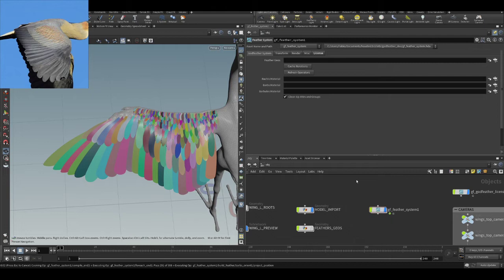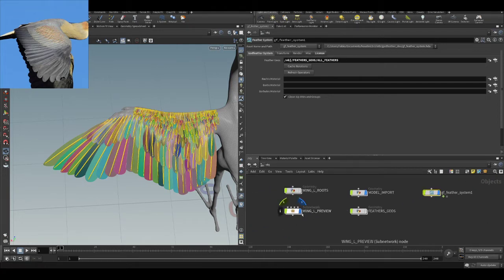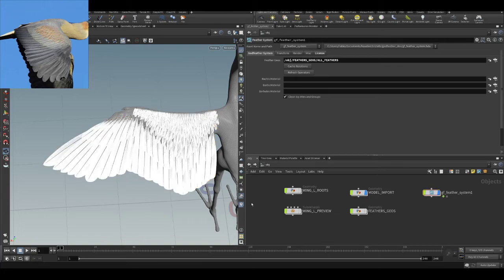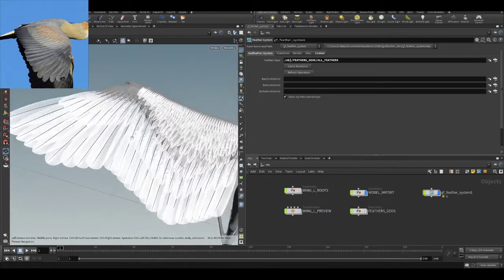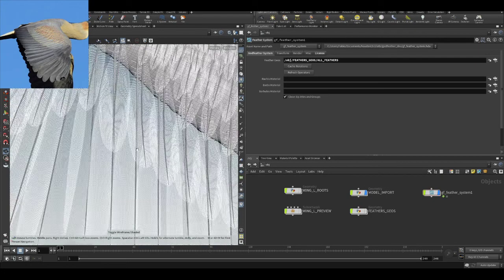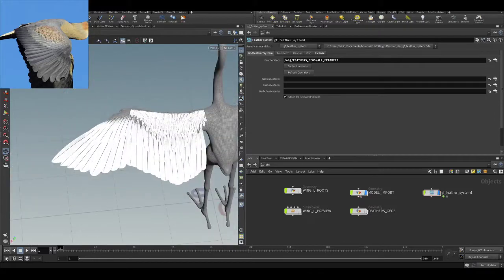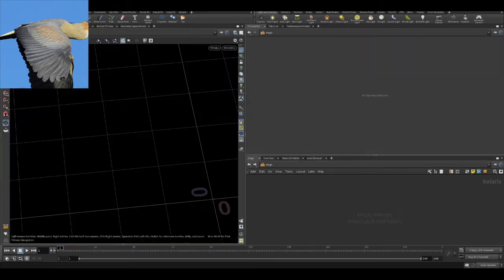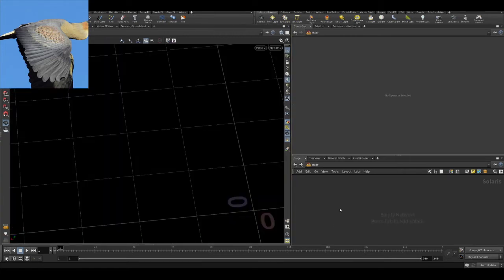They are 300. Done. Quite fast. These are the feathers generated with the primitives we created so far. So this is how fast actually you can work, and as always you can jump in Karma and you can